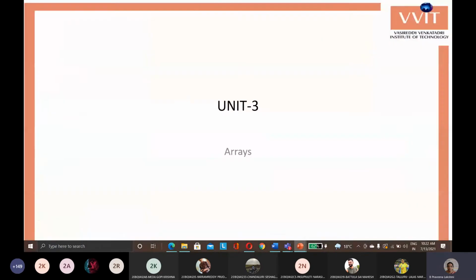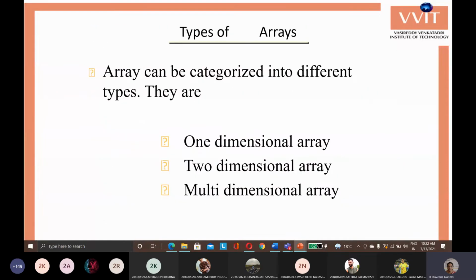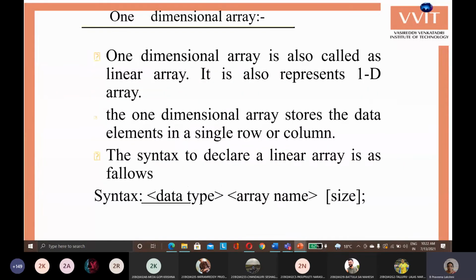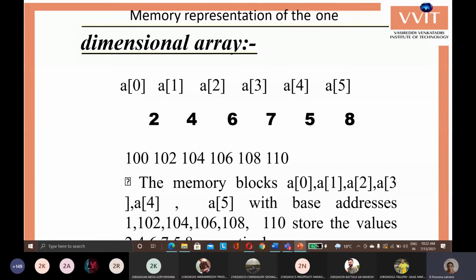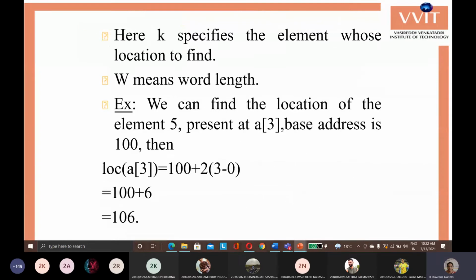So now I will continue with our previous class topic. We have already seen up to the one-dimensional array. That is the declaration of the one-dimensional array, initialization of the one-dimensional array, and memory representation of the one-dimensional array. And we have also seen the example program for the one-dimensional array. We have seen only the simple programs, just to initialize and display, and accept the elements and display. Only the two programs we have seen. So you can refer to all the programs that were discussed in your class.